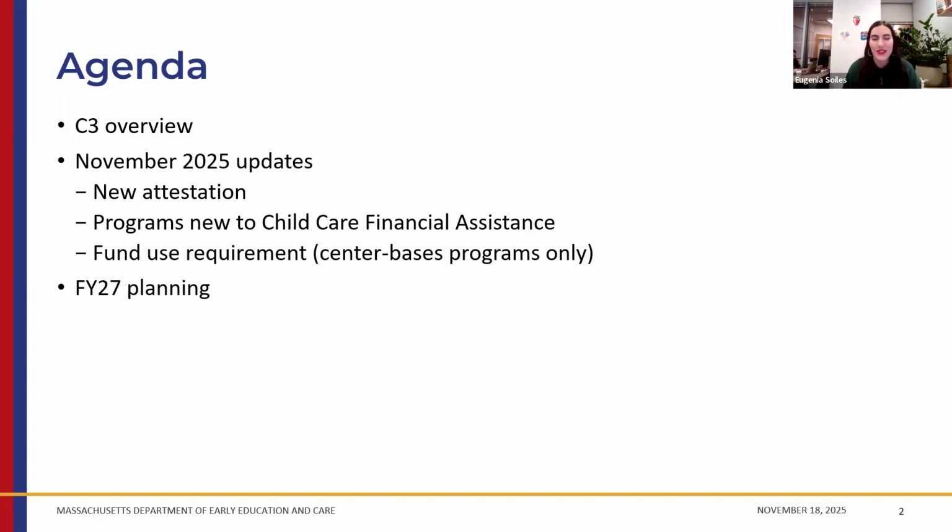I'll call out now, and I'm sure Ellen will too when she talks about the formula, a lot of folks have asked us questions about what things look like for this year, since their grant amount had been the same for the past year. In November, we're using that to refresh your grant amounts. So if your program has grown since last year, we will also be doing that. I did want to call that out at the front, since that was a burning question for a lot of people.